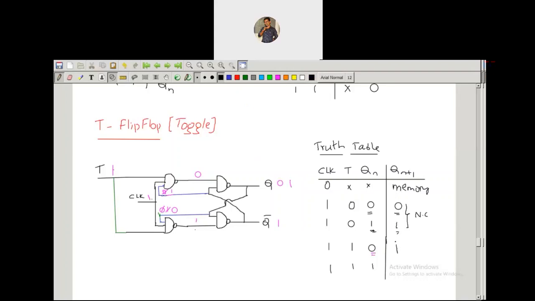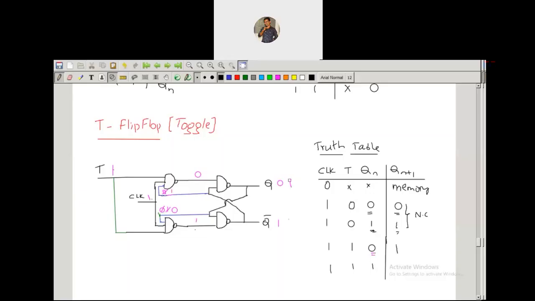So it is not 0, for 1 0 you are going to get 0. And here we are having 0 1, you are going to get 1 only. Okay. Let us check for the next one. That is Qn value is 1. If the Qn value is 1, what is the output? The present state is 1, then Q will be 1 and Q bar will be 0. So this will be 1 and this will be 0. And here you are going to get 1 1 0. For NAND gate 1 1 0 it will be 1. And here 1 1 1, here will be 0.